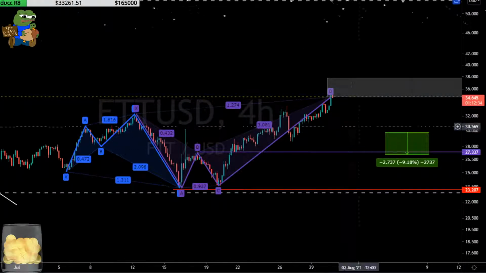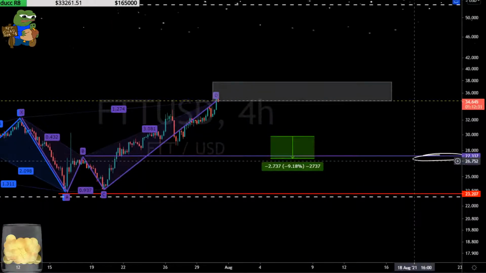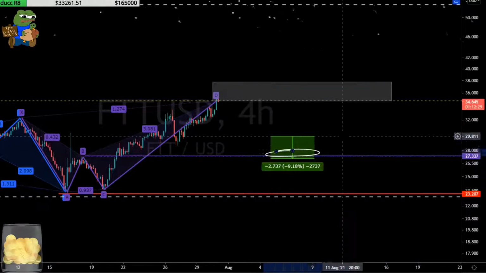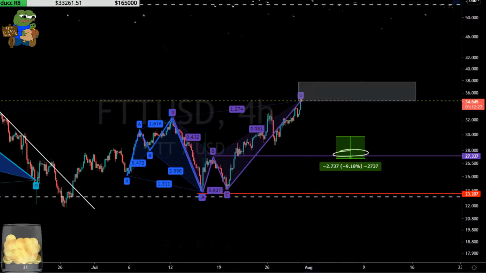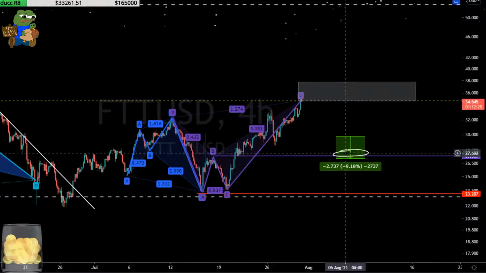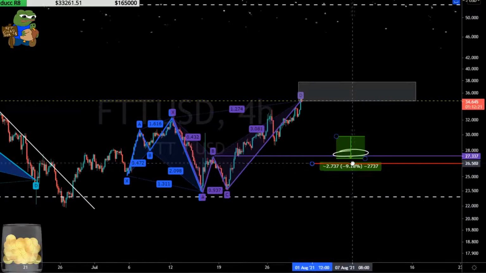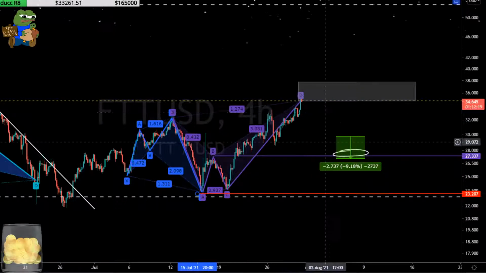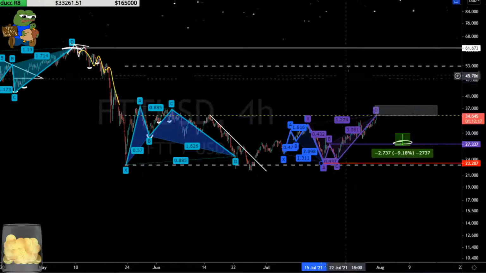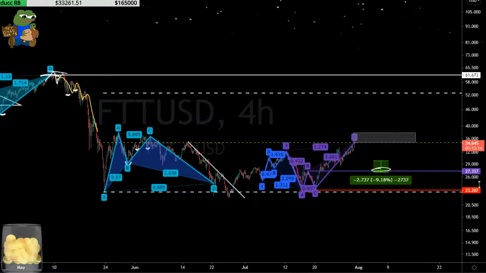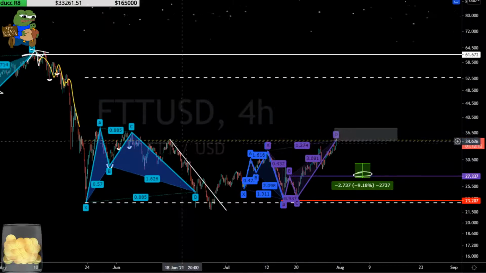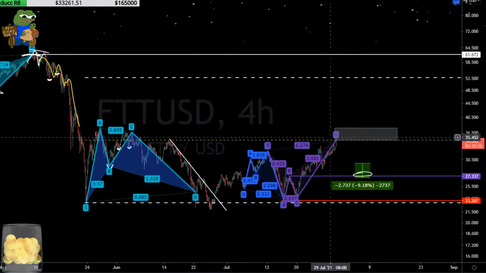So you could look for an area to re-add in this golden retrace zone, and it would make sense. Okay, and once that prints and we get this reaction off of it, we would then use this as our new area to bring the stop. Okay, later on. But right now, yeah, we've reached a pretty critical area.